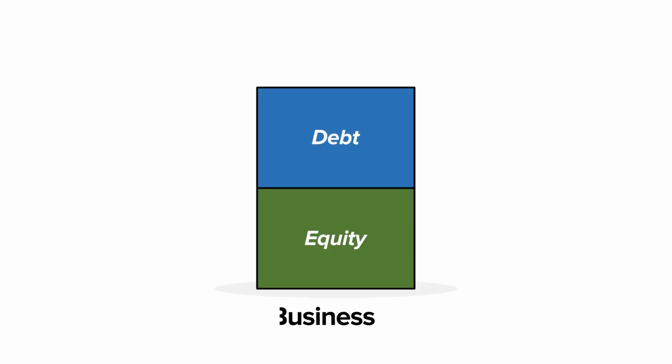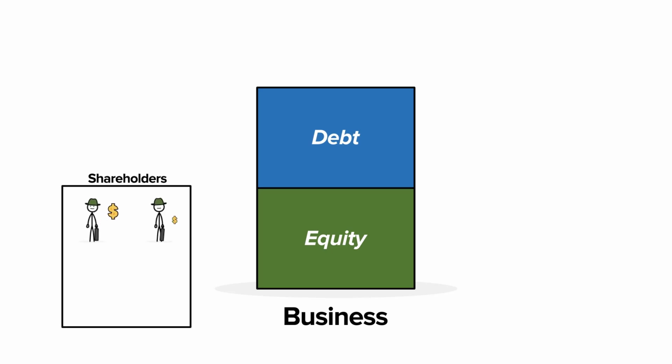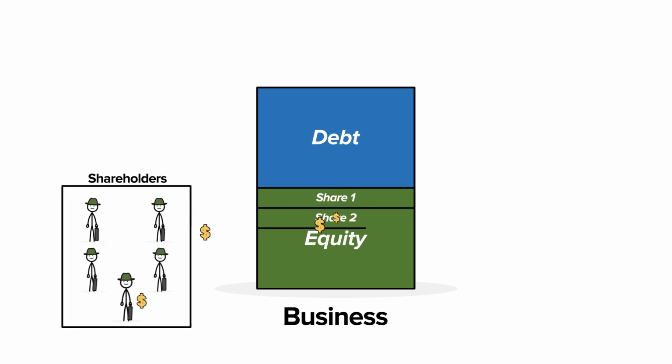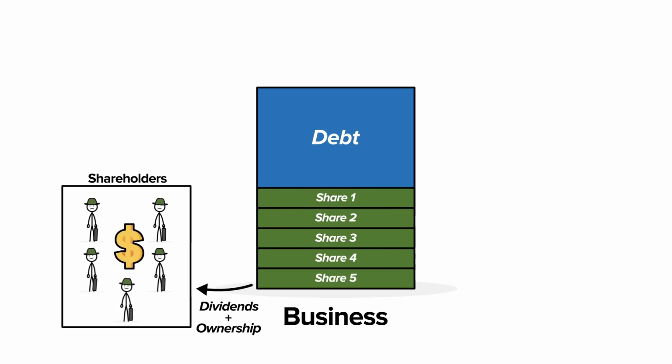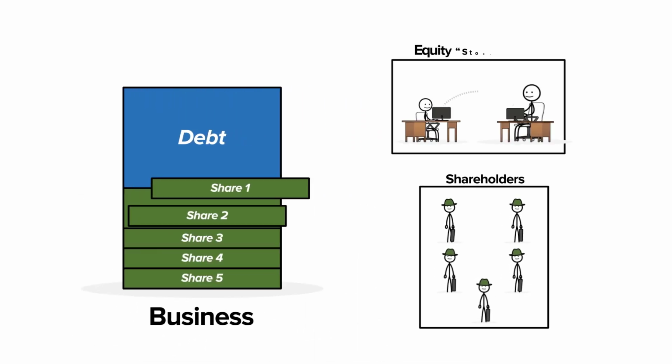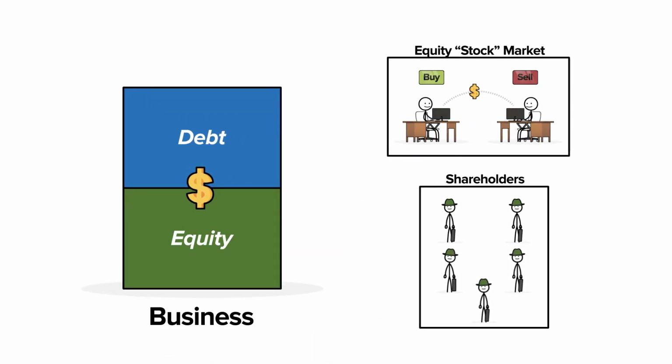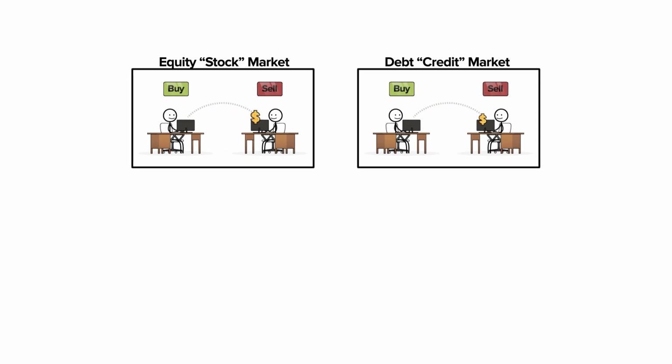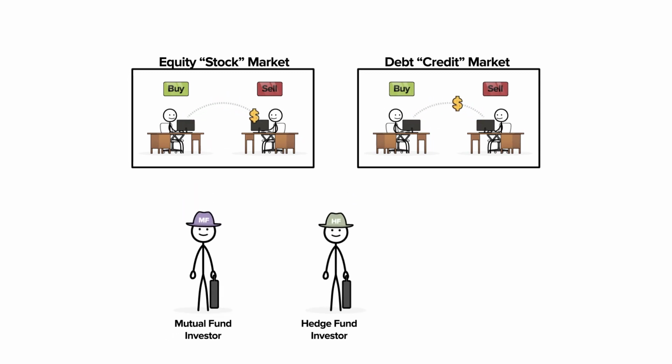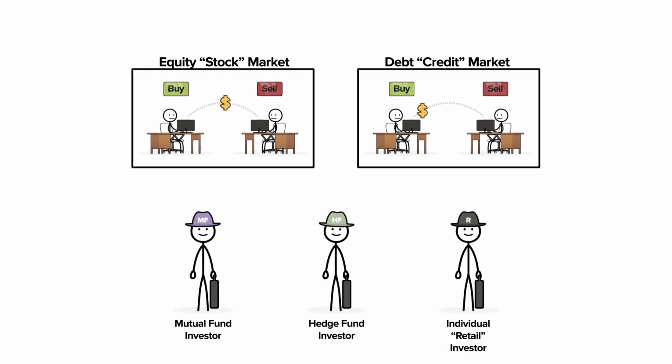Whether privately held or publicly traded, most companies have many owners. Each owner, aka shareholder, is entitled to their proportional percentage of profit distributions, or dividends. If a company wants its ownership to be easily sellable, i.e. liquid, then it can list its shares on the stock market for investors to buy. After bonds or stocks are publicly listed, large investors like mutual funds and hedge funds, as well as individual, aka retail investors, can buy and sell both bonds and stocks on a daily basis.